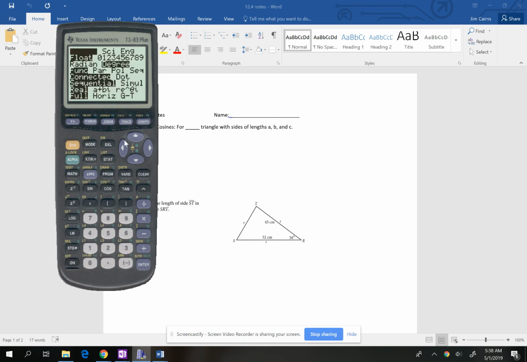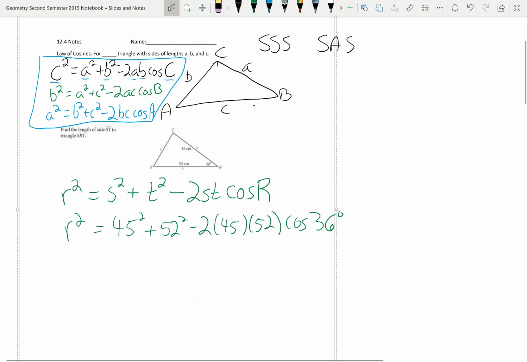Okay, so again, make sure we're in degree mode. So let's go 45 squared plus 52 squared minus 2 times 45 times 52 times the cosine of 36 degrees. Enter. 942.80. So that'll just be 942.8. So r squared equals